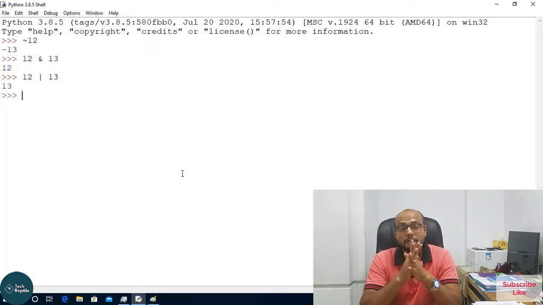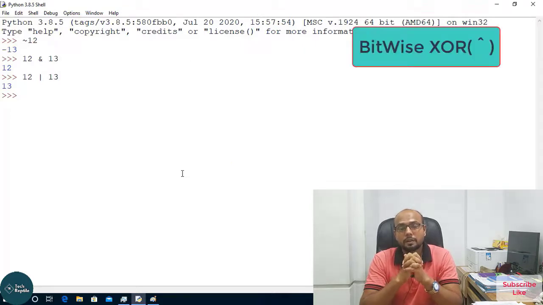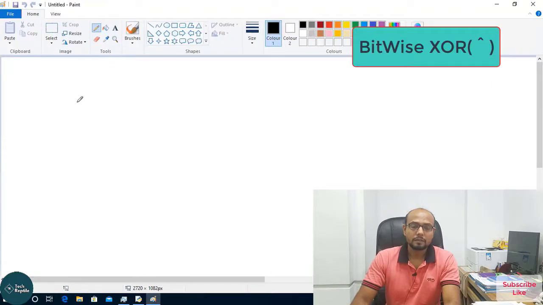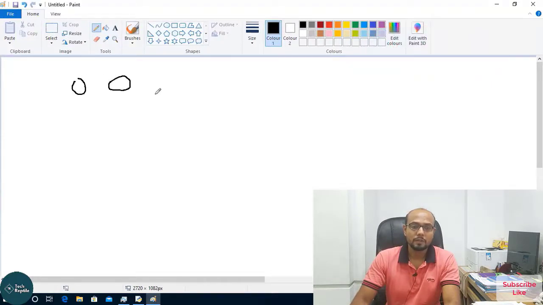Now let's talk about the bitwise XOR operator. Simply we can say XOR will give you 0 when both inputs are 0. If one input is 1, then the output will be 1.